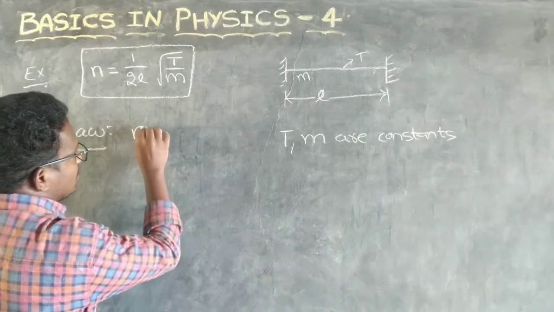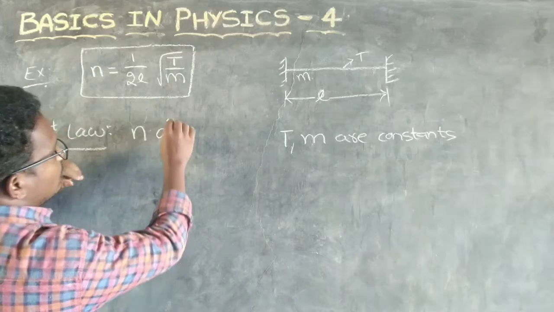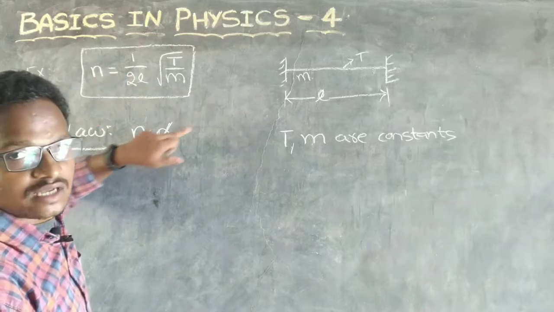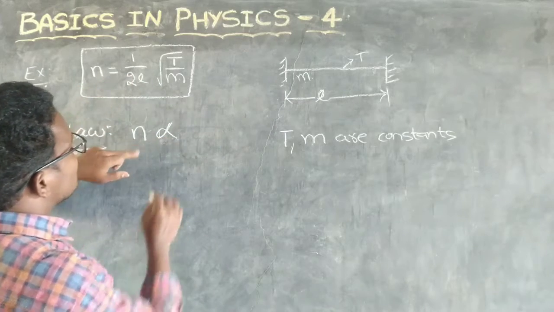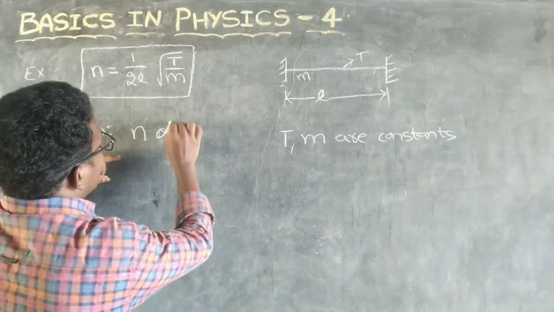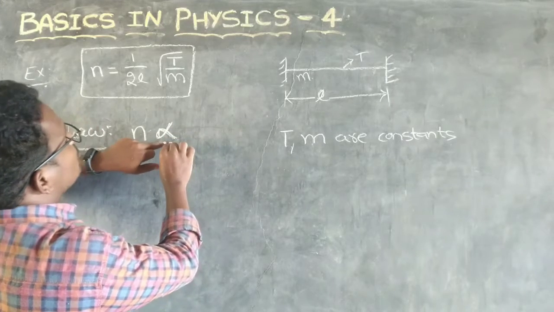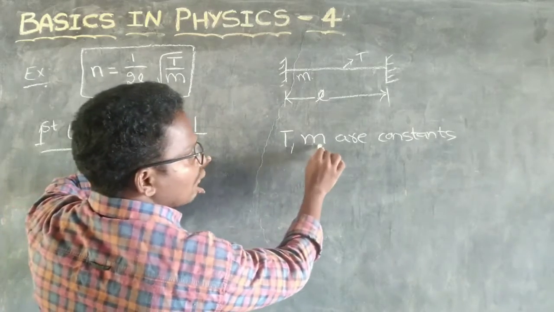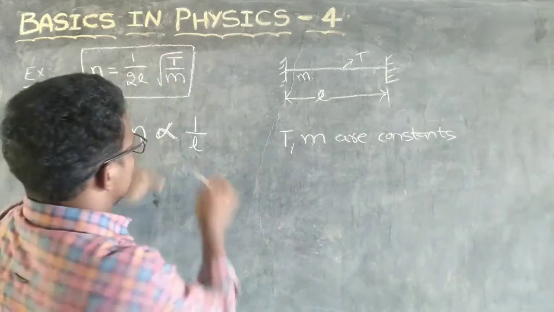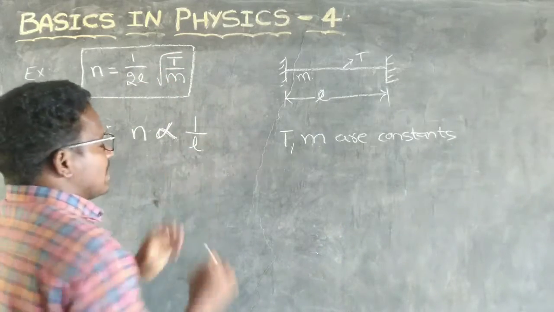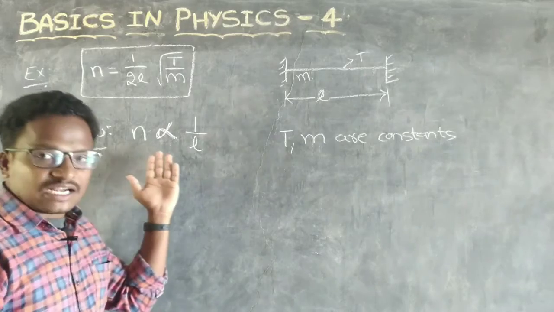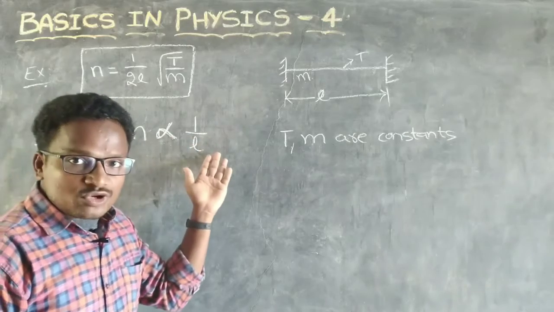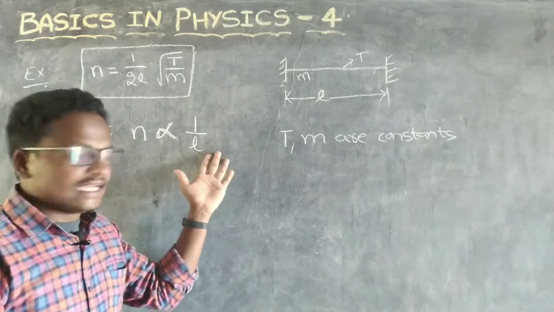So fundamental frequency is proportional to, not equal to. Here proportional to means a constant is not included. So fundamental frequency N is proportional to 1 by L. Here T and M both are constant. Then N is proportional to 1 by L. So see the definition: the fundamental frequency of a stretched string is directly proportional to its length when T and